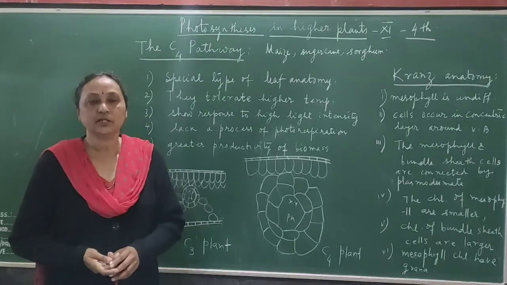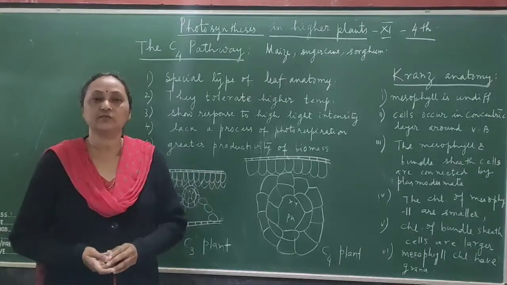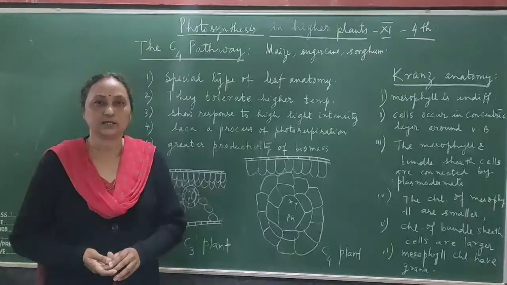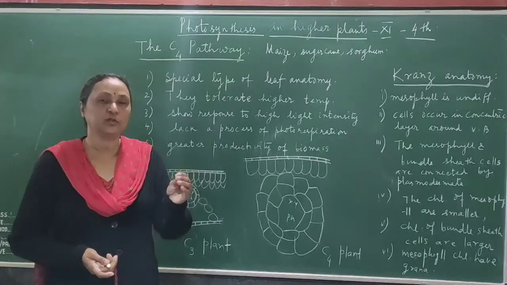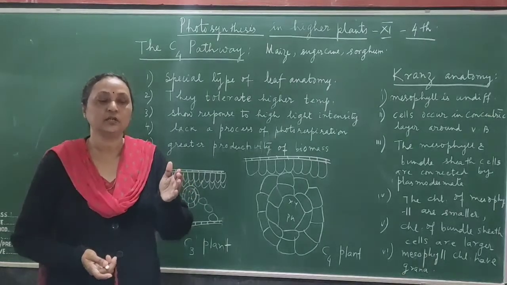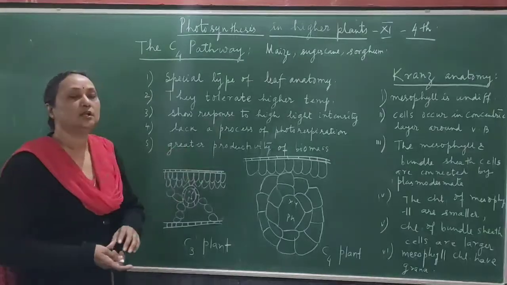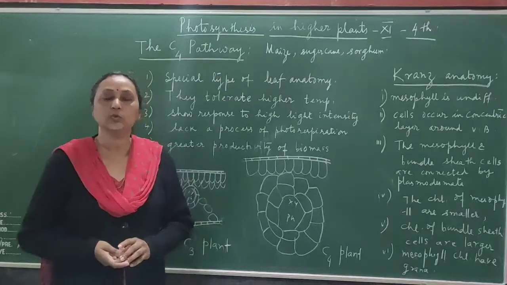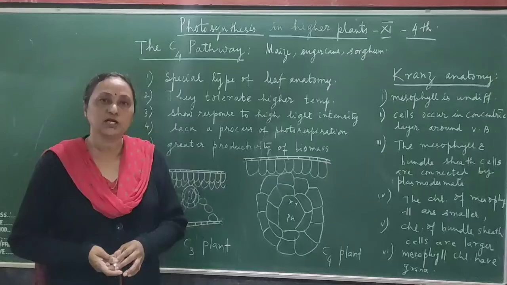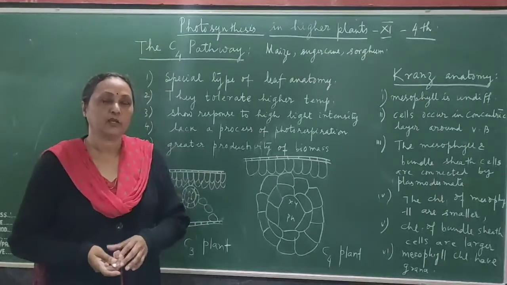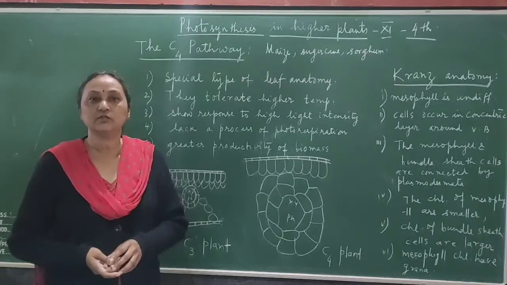And why is this cycle called the C4 cycle? Because here also carbon dioxide fixation is taking place, and the first stable compound is a 4 carbon compound, oxaloacetic acid. So that pathway is called the C4 pathway. In the C3 pathway also carbon dioxide fixation takes place to produce food in the form of glucose, and in the C4 pathway also there is fixation of carbon dioxide into glucose. So all the plants where the C3 cycle is operating are called C3 plants, and the plants in which the C4 cycle is operating are called C4 plants.